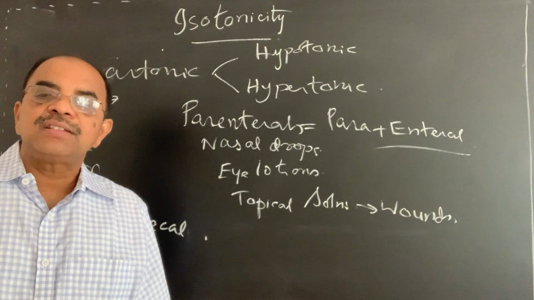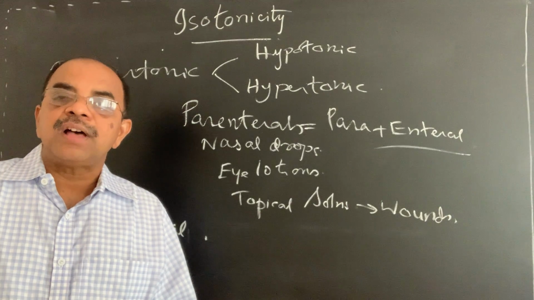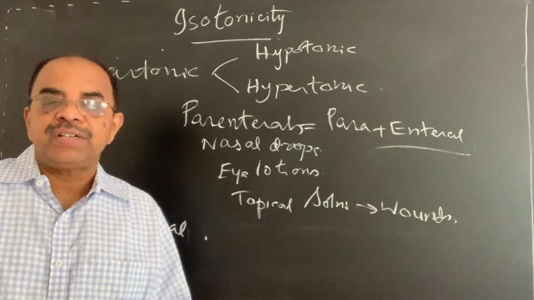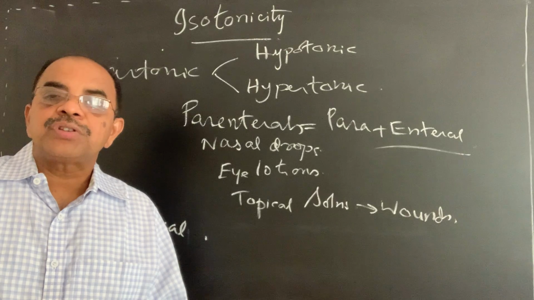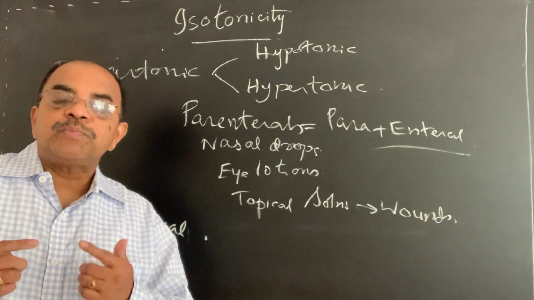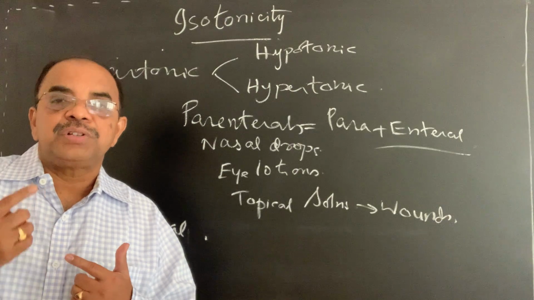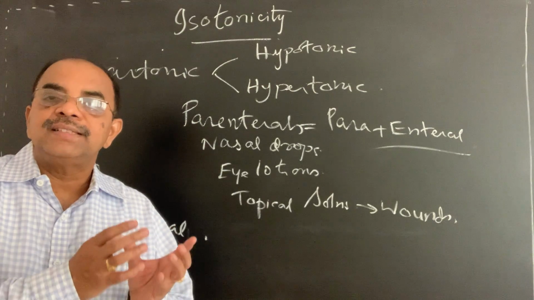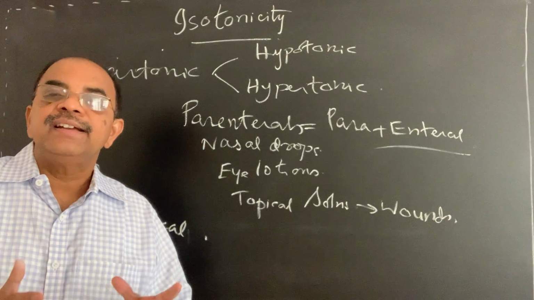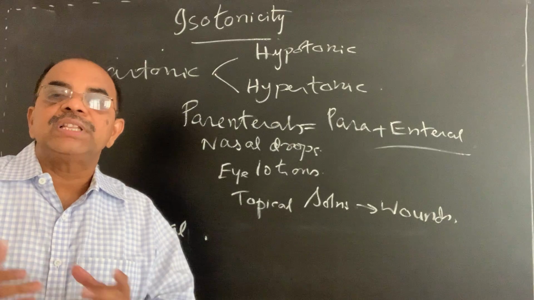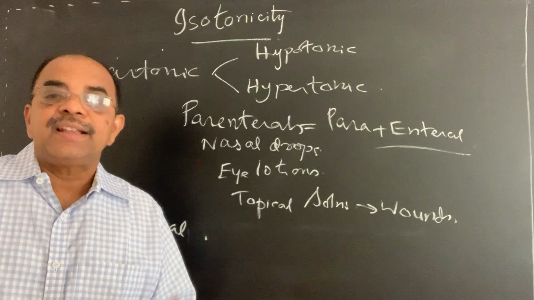First of all, what is isotonic and what is isoosmotic? When two solutions have the same osmotic pressure, we can say these two are isoosmotic. When a solution has the same osmotic pressure as any body fluid, it is called isotonic. We can say this solution is isotonic with our blood plasma, lacrimal secretions, nasal fluids, like this.